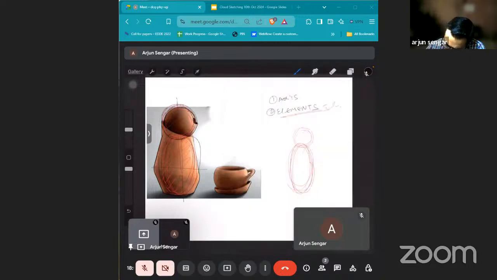Start with the axis. Axis is very crucial. Why is it crucial? Because see, there's a partition. Sorry, not a partition, but I would say some expansion of the form. That is a critical line. There is some expansion, which is useful for us when we are doing the cloud technique. In this, I will again tilt my pencil, and now I will start with making something. See, I'm not trying to achieve any perfection.